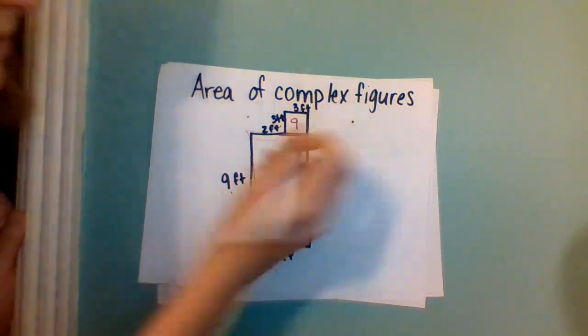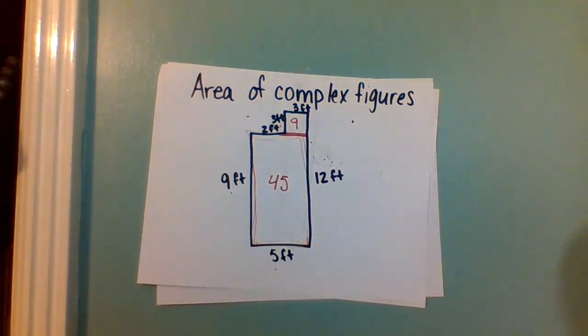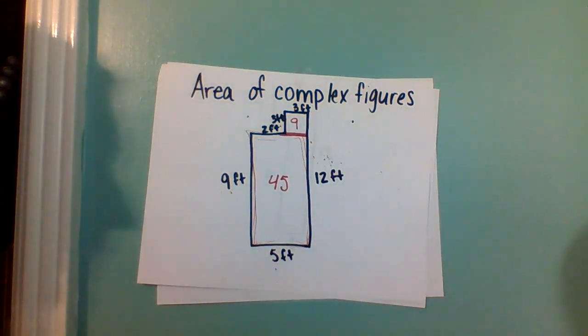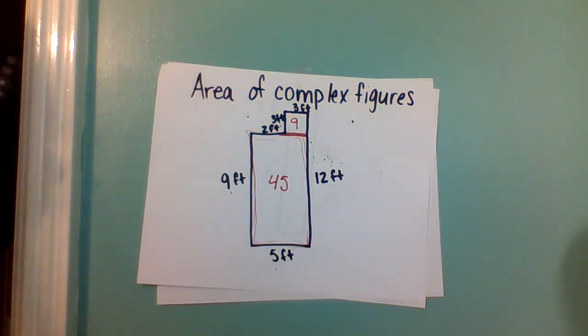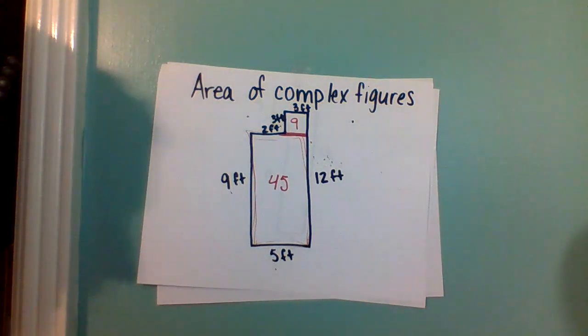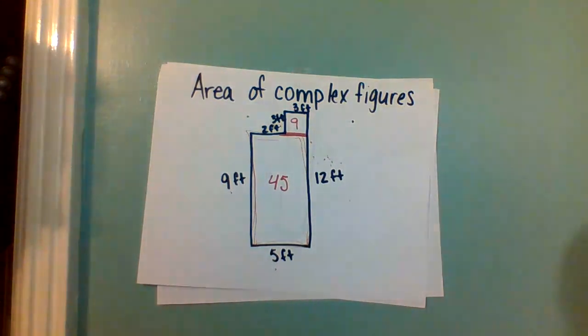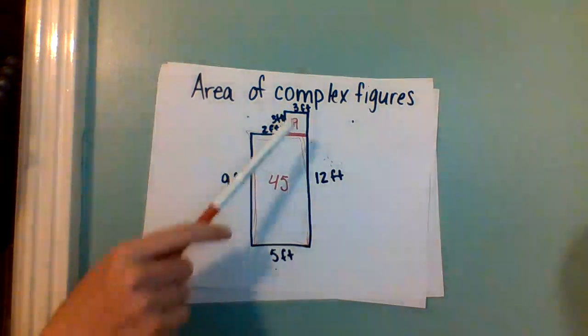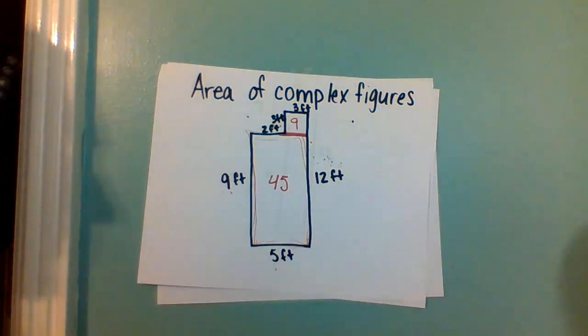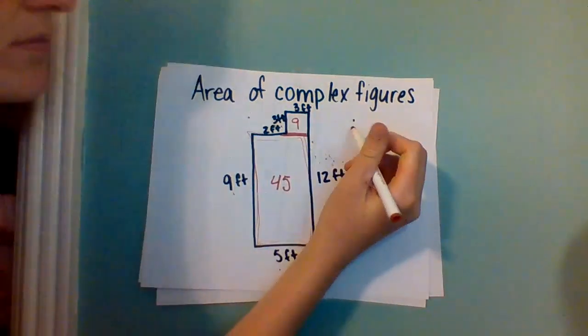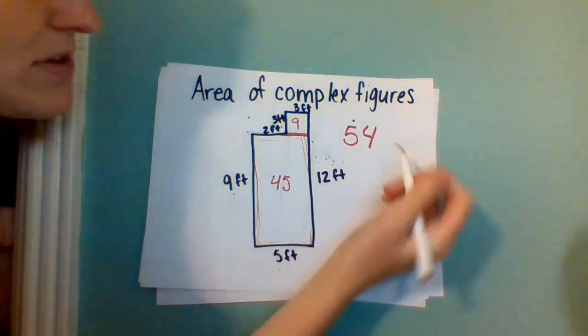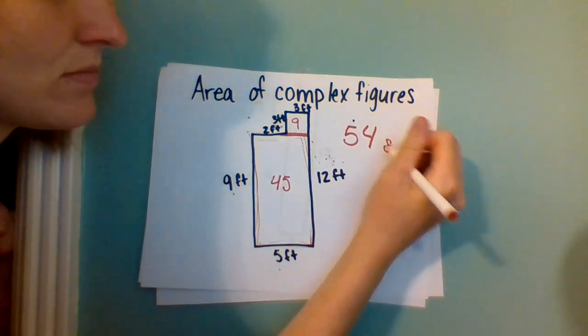And I get 9. Now think about, what do you think we are going to do with these two numbers to find the area of the whole thing? We are going to add them. So now that we have found the area of this and this, we're going to add them together. And we get 54 square